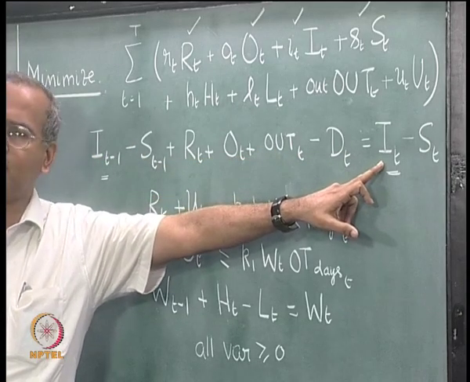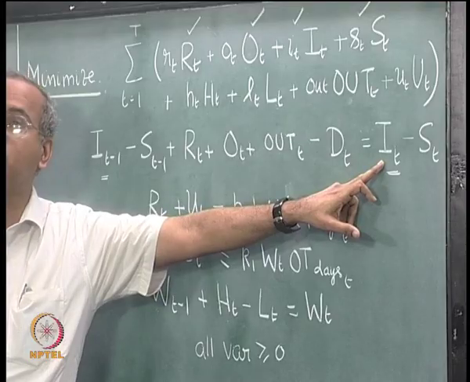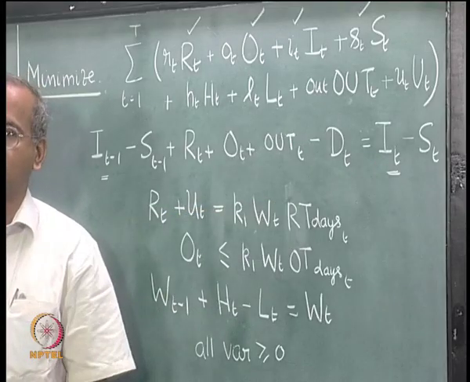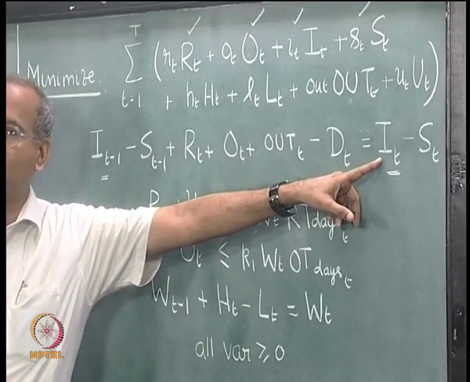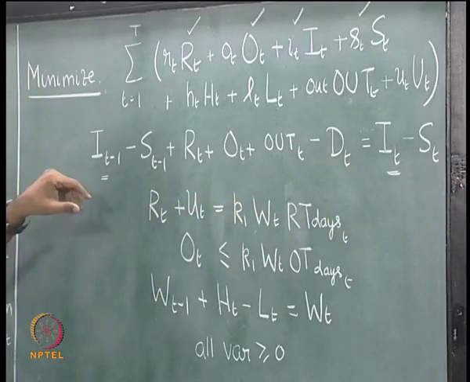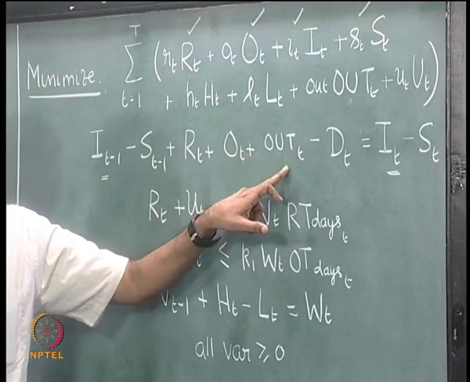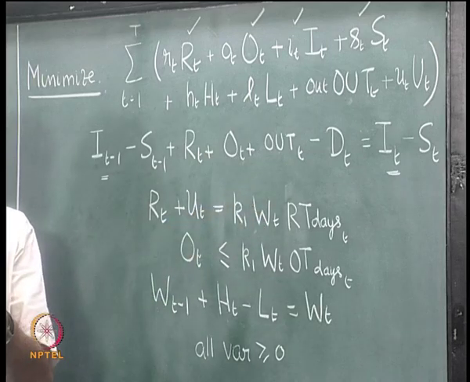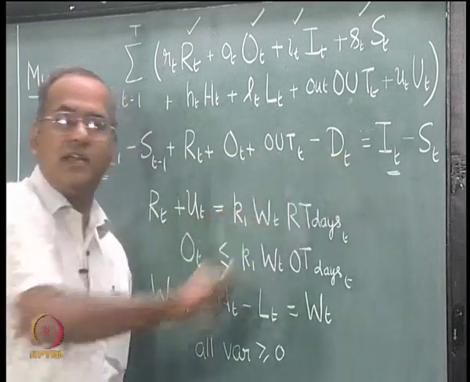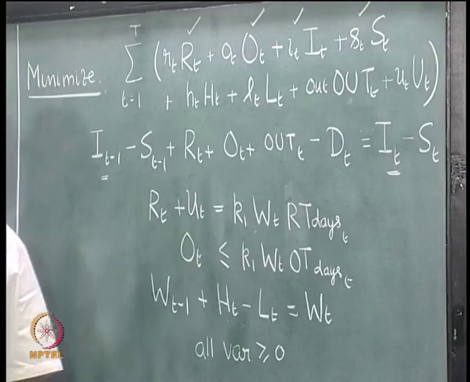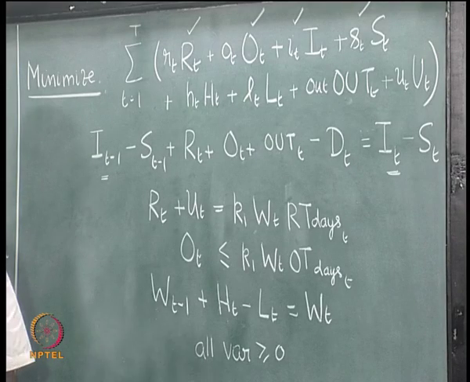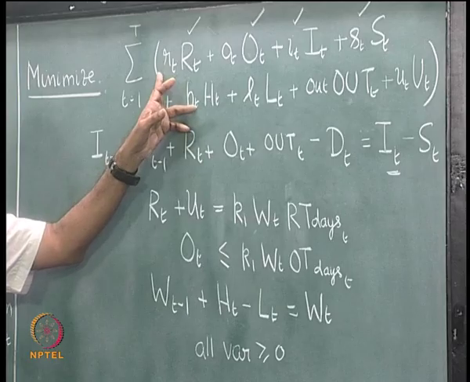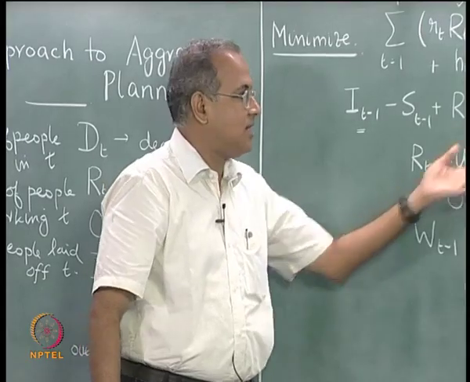Though indirectly we are restricting it, because inventory has to be built only through production. So, if IT has to go up, then it means that this RT and OT and outsourcing have to go up. But if we look at the costs very carefully, the cost of holding inventory is actually a little less compared to every other cost that we have modeled. So, there can be a tendency to increase IT,